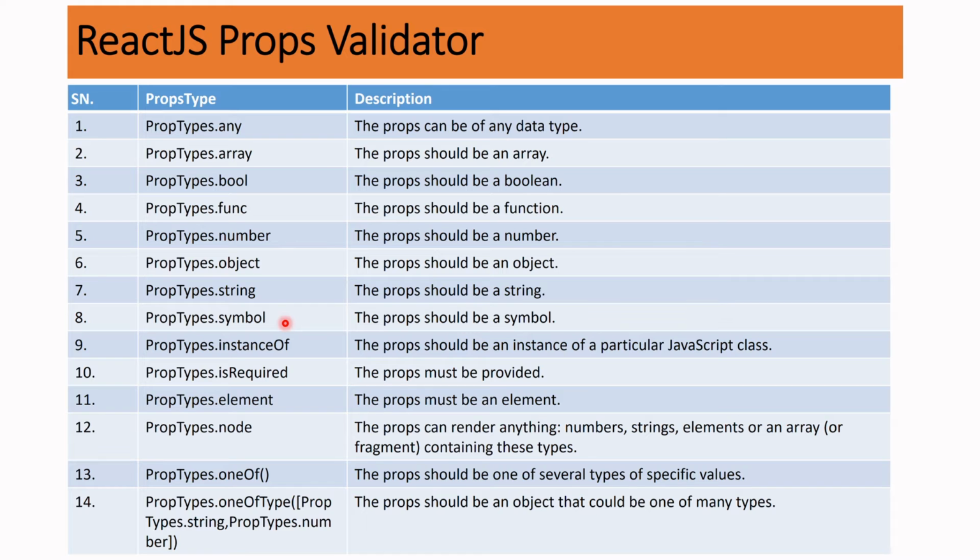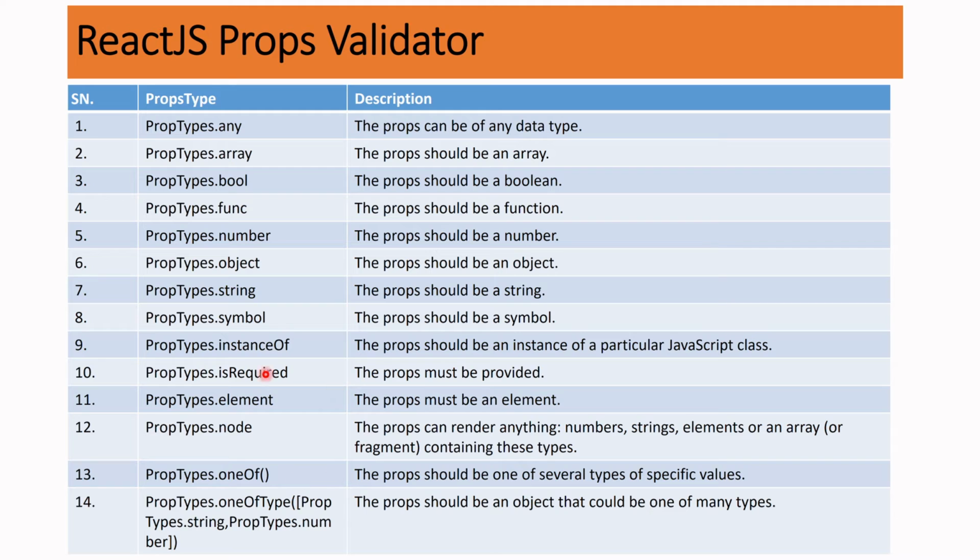We have some of the props validation types here. When you write PropTypes.any, it means you are passing any type of data, not specifying something like a string or array. If you are passing PropTypes.array, you are only passing array type data, not other types. If you are passing boolean type, you have to pass bool. If you are passing only function types, you have to pass func. Similarly, we have number, object, and different types of elements, such as required, element, and node.